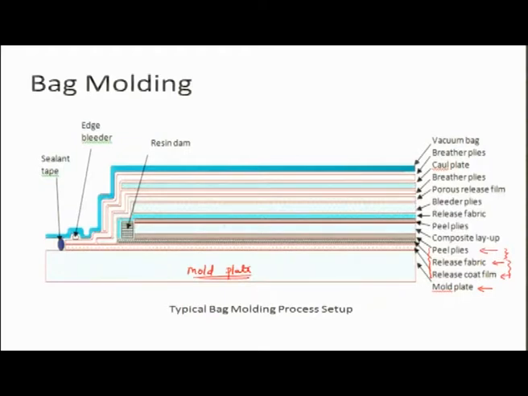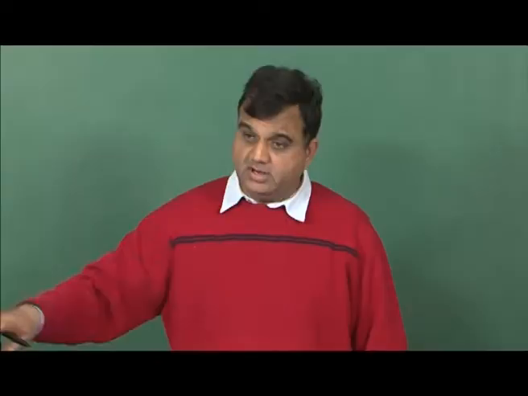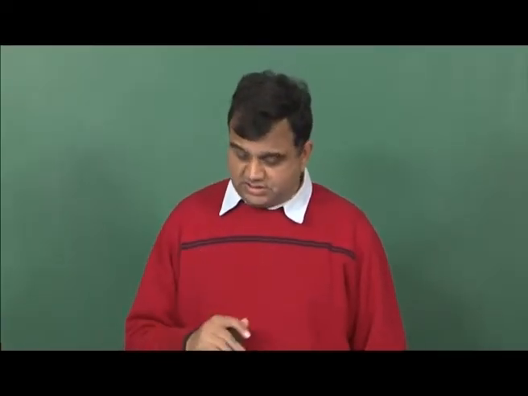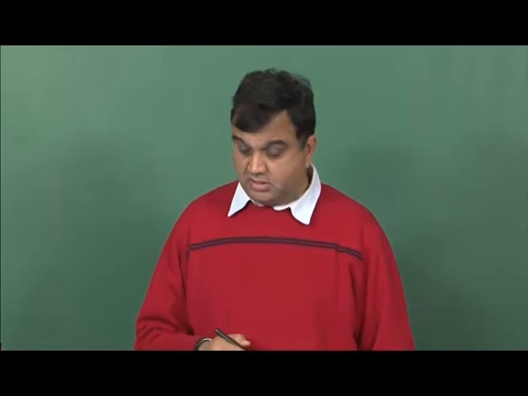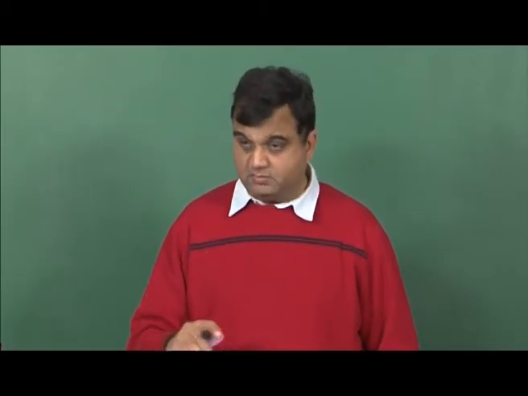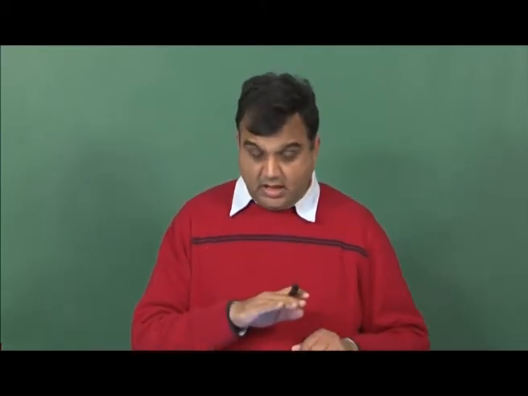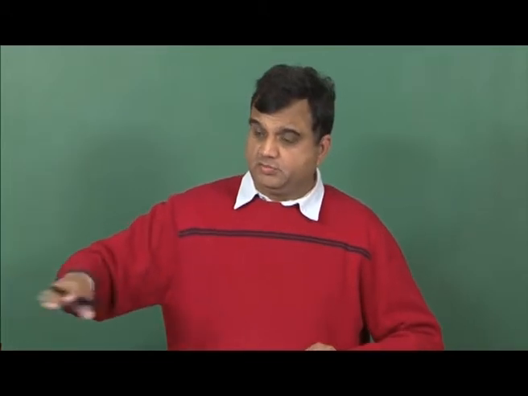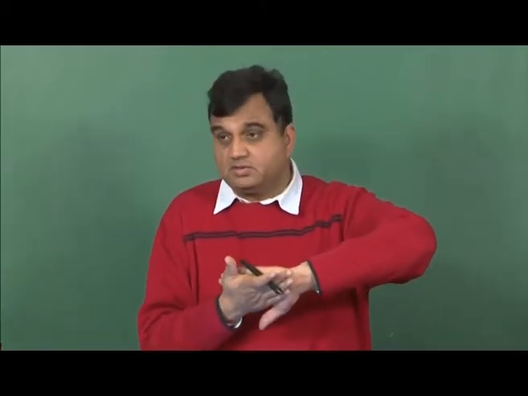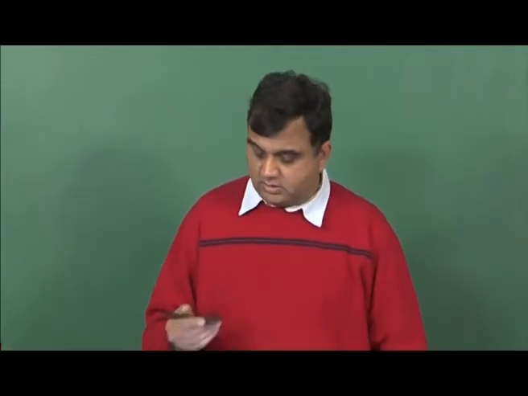So these are composite layers. If these layers are made up of just fibers, you put them layer by layer, and each time you put a layer you add some matrix material, roll it, make sure all the air is squeezed out, put another layer, and so on. If you are using pre-preg layers, you put the first layer, then the second layer on top of it in the right orientation. There also you use a roller to make sure there is no air between the layers, so you keep rolling, removing the air.